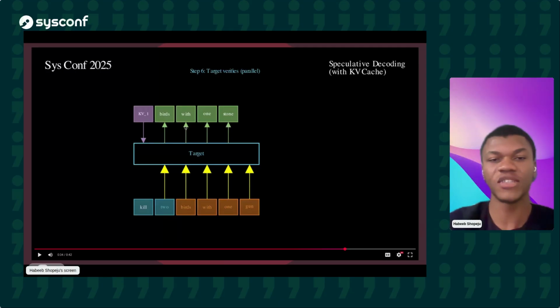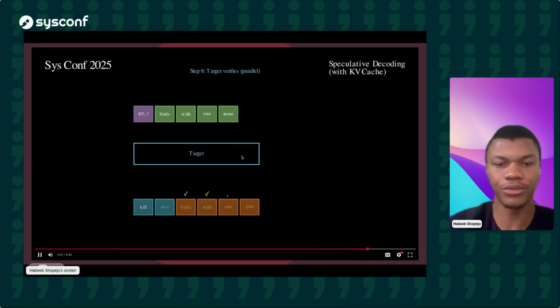Hence, it's saving computation in the sense that it's much cheaper to do all of that generation with the draft model, but for the large model, where it's much more expensive, you are doing it in one forward pass, not multiple. What then happens is it looks at the outputs for every single token generated here and sees if it aligns.